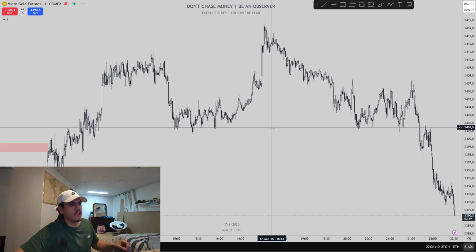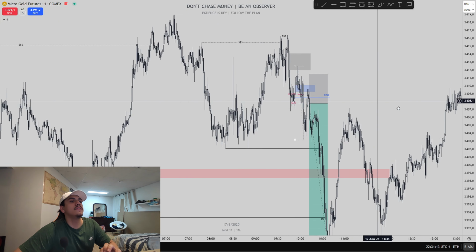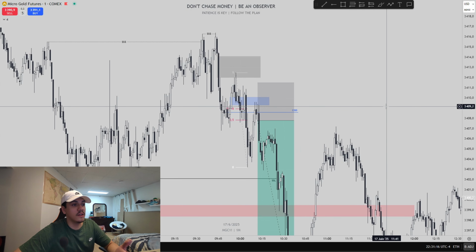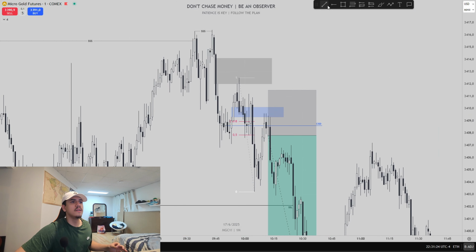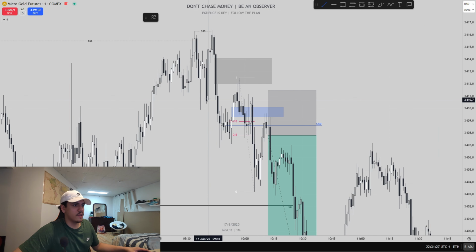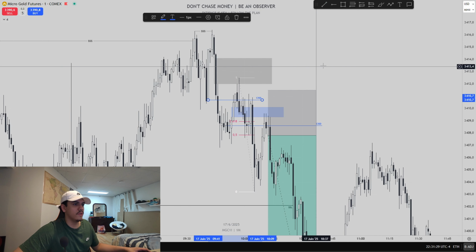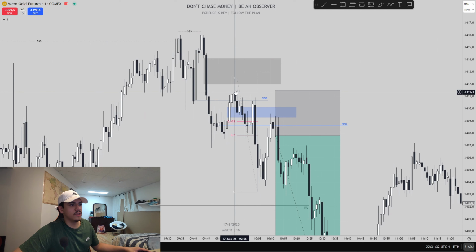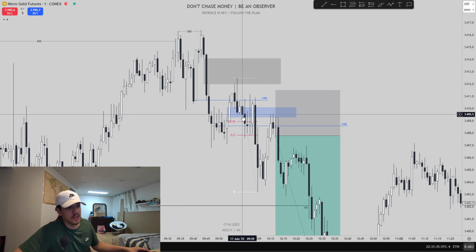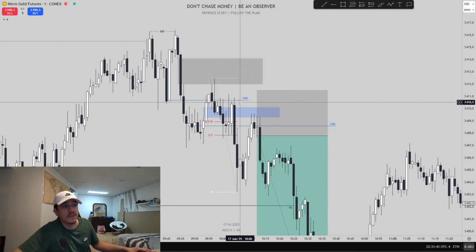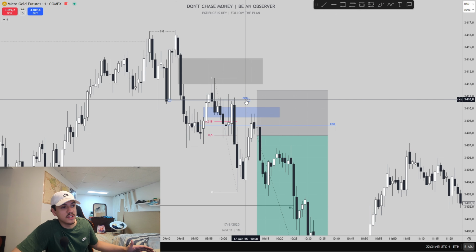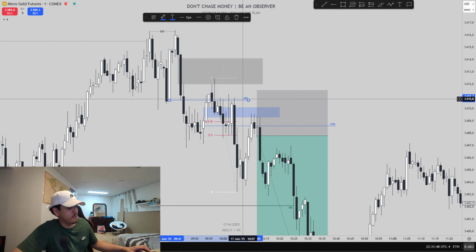On the 1-minute time frame, as you can see, I marked the line on the 5-minute time frame changing the state, but there is another one before that, a change in the state in the 1-minute time frame right there. This is a change in the state of delivery in the 1-minute time frame. As you can see, the price goes up, retests a bearish fair value gap, goes down, and there are like 4 wicks that the price pushed down in that zone. So this was a good bearish change in the state in the 1-minute time frame, but I took the 5-minute one.